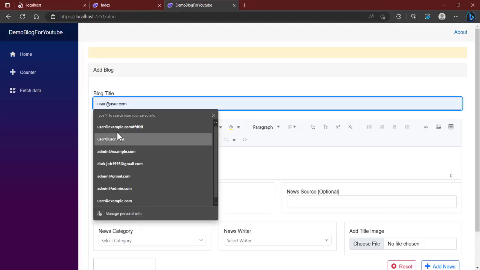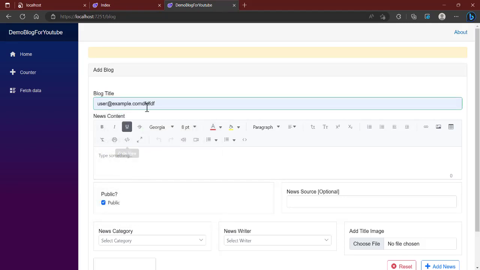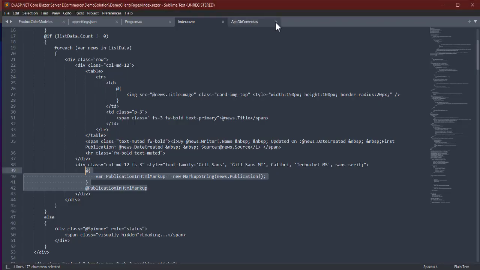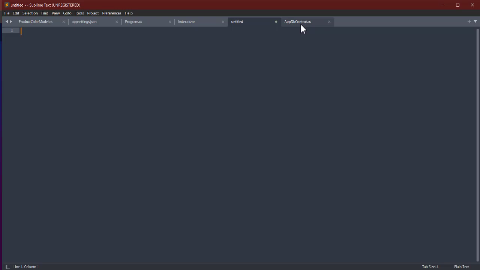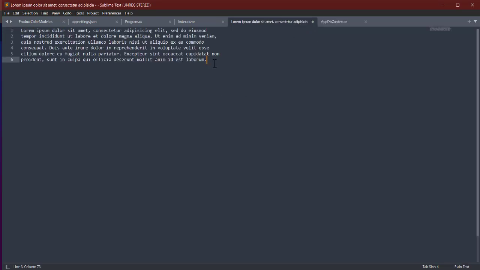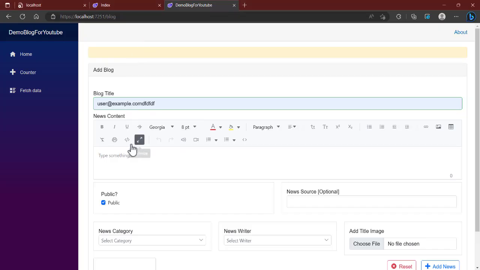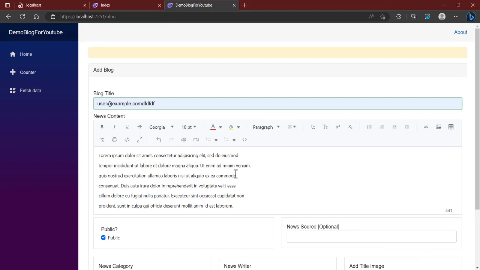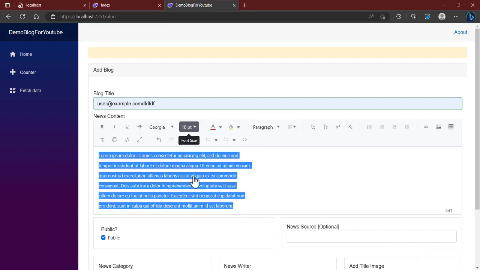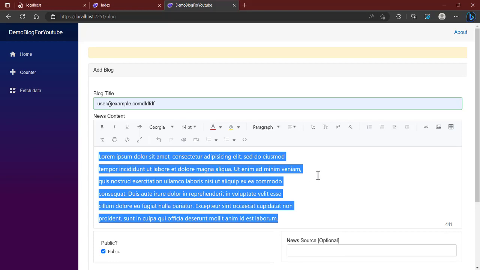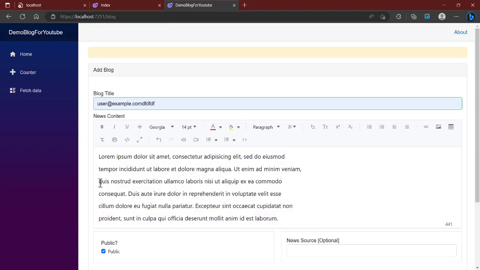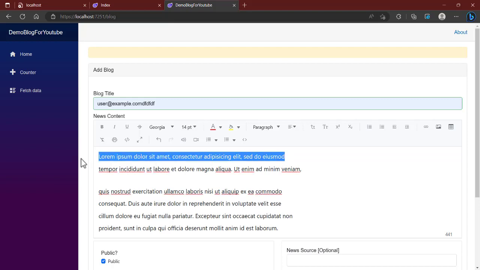and let's try to upload some image in it. Now there's a new blog, so let's say there's a title, and now with this title, let's get Control + N, Lorem, let's have this sample text here. Then let's copy this and paste it here. Now while you paste, you can decide to set the point to 14. Also you can decide to space this up, set this as title,